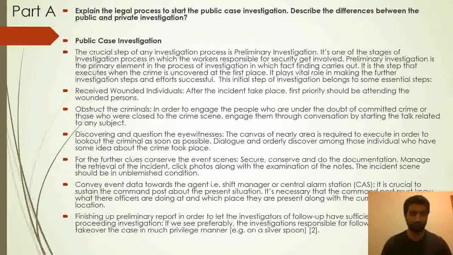So the first one is the legal process to start the public case investigation and the difference between public and private investigation. So the public case investigation is a crucial step of investigation, one of the stages of the investigation process in which workers responsible for security get involved, or primary elements of the process of investigation, in which particularly the part is finding the carriers or the involvements, and there are further steps